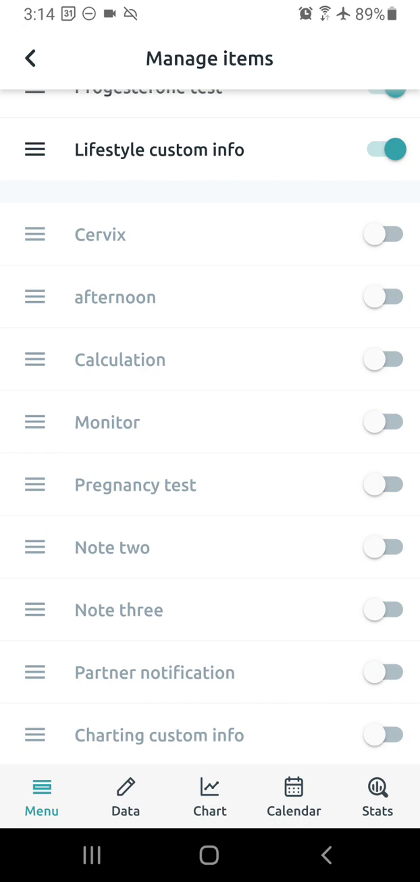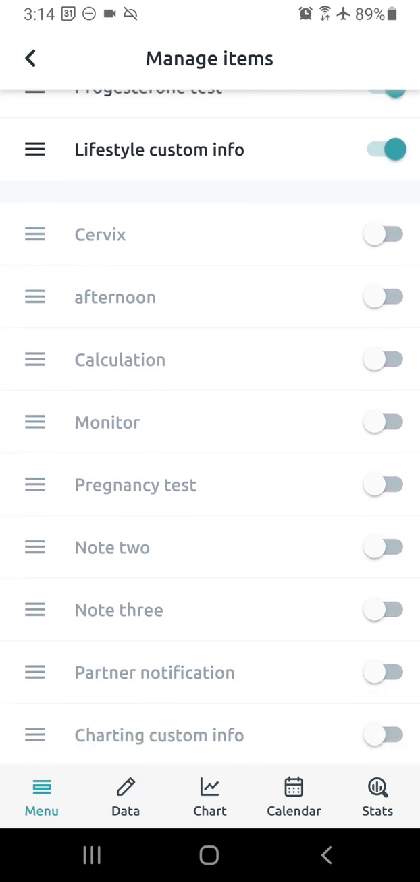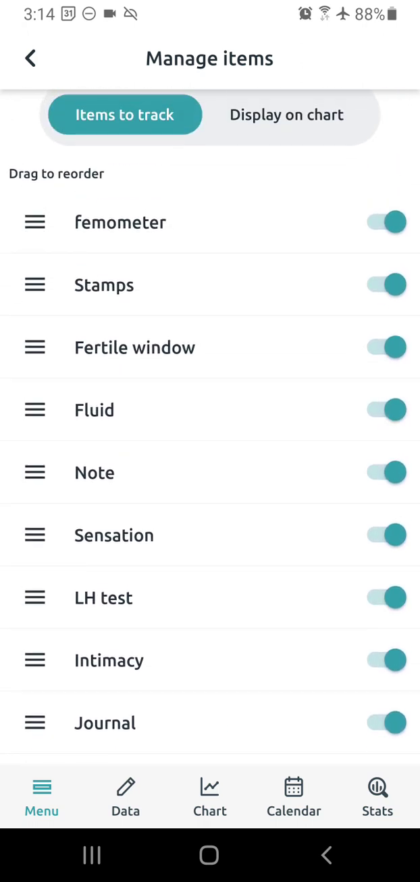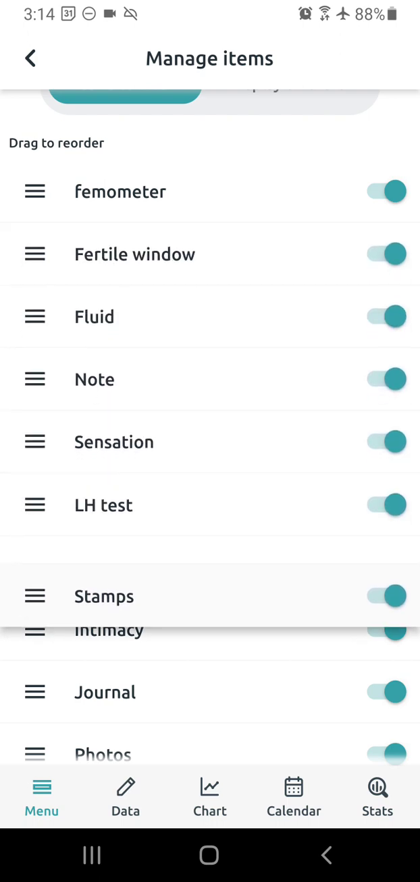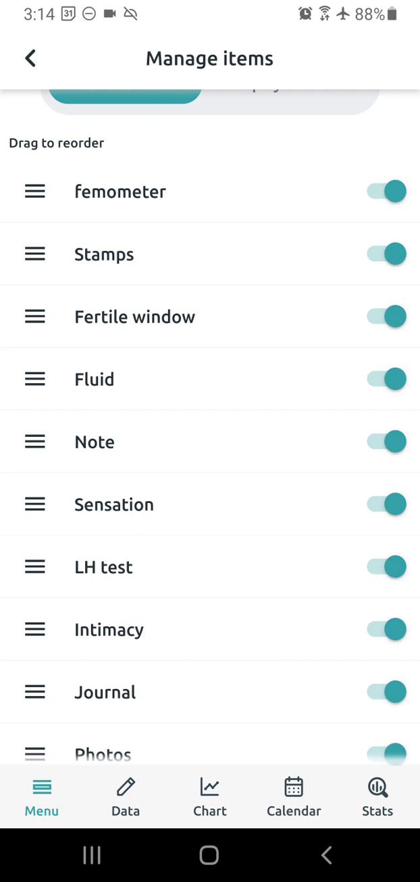Under items to track, you want to scroll down, and you'll probably see in this little grayed out area the stamps notation if you haven't already turned them on. What you'll do is just toggle so that it's turned on, and then it's going to show up like this at the top. Then you can press the little 3 bars to the left of stamps, hold that down, and you can move it,